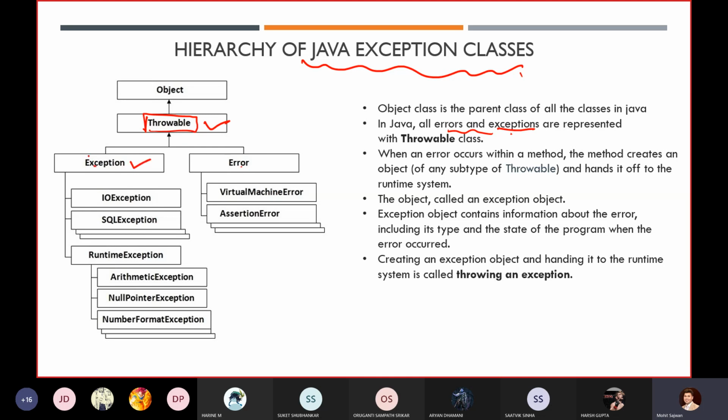Similarly, for Exception there is a separate class, and for Error there is a separate subclass. In Exception again we have IOException, SQLException, and for network you have a network exception, like that. Similarly, you have runtime exceptions. In runtime they have categorized one more kind of runtime exceptions. And remember, all runtime exceptions and your errors come under the category of